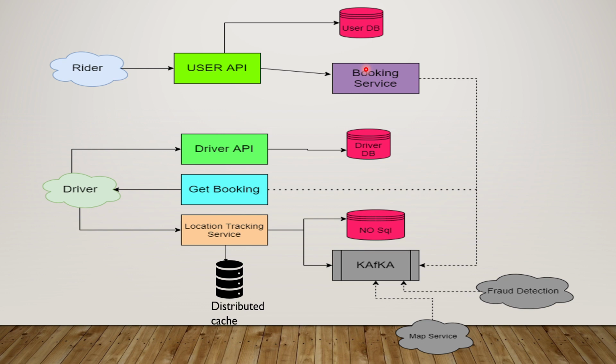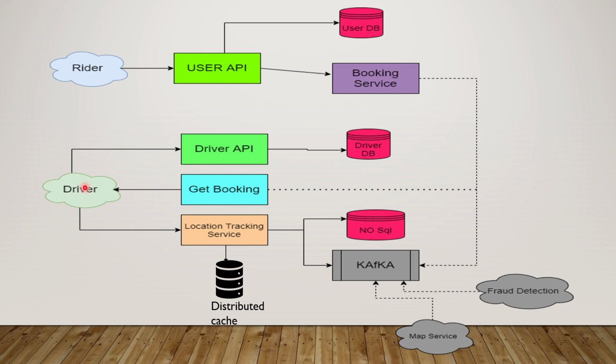So it can be like how Uber has. You have Uber Go, Uber Prime, and Sedan or Pool. Those kinds of things can be passed to the booking service, and the booking service will search for a cab, and it will return back to the user with the detail of the cab that is going to pick him up. So that will be the role of the booking service. And I will go into detail how the booking service is related to all these things. Let us first go to the driver side.